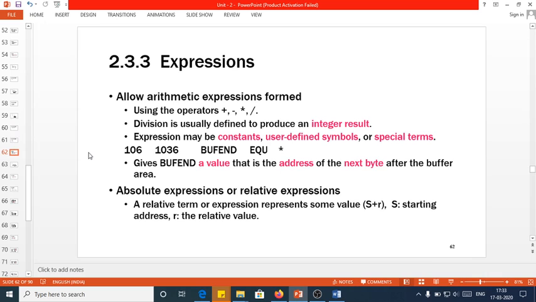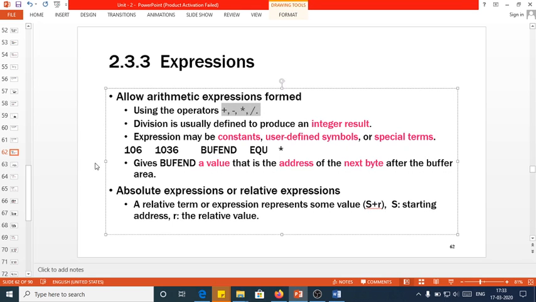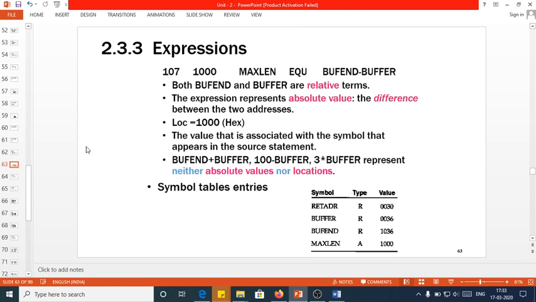Till now we have used so many parameters in the label field, and also very importantly in the operand field. But whenever we made use of the operand field, till now we made use of individual variables or individual operands. But the assembler supports the use of expressions in the operand field. So what exactly is utilizing the expression field? By making use of arithmetic operators, there is a possibility wherein you can make use of such expressions in your